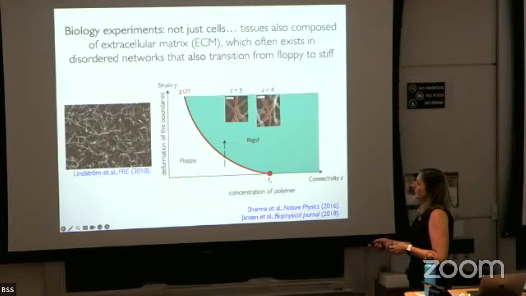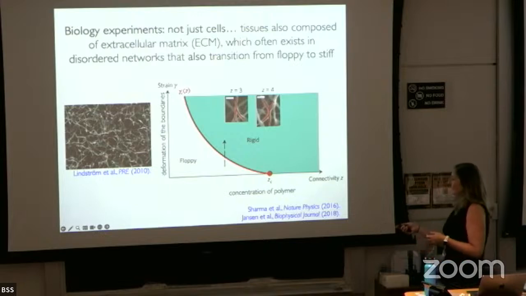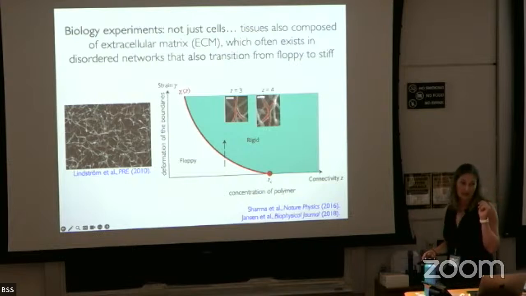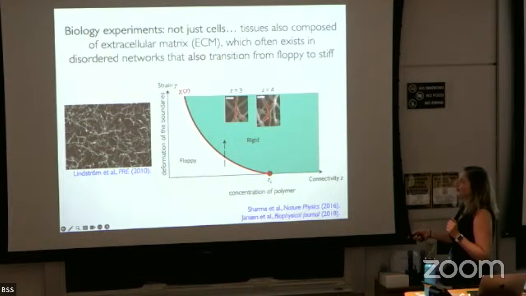And so there's two important parameters, and we're going to talk about these a lot more. This axis is basically the connectivity, which is how many branches the extracellular matrix network has, roughly speaking. And this axis is how much you've strained the box. And so if you're above isostaticity, and we'll talk a bit more in a moment about what that is again,